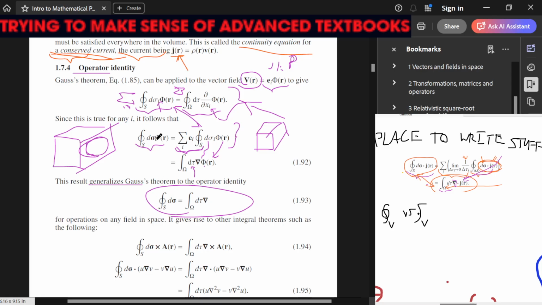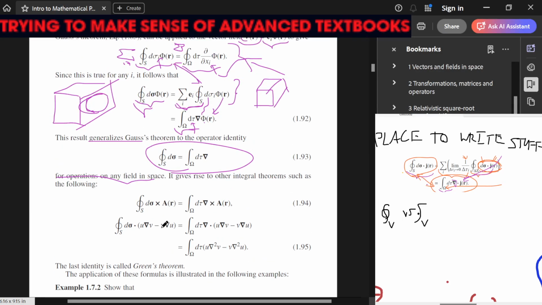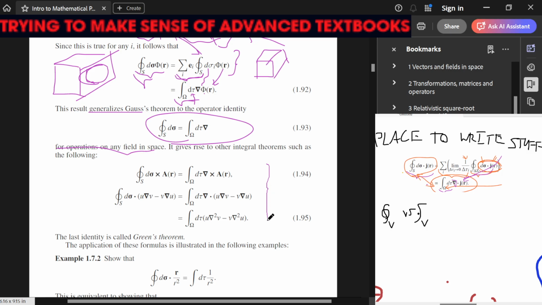So we started off with phi. We ended off with phi. This result generalizes Gauss's theorem to the upright identity for operations on any field in space. That's a big claim. It gives rise to other integral theorems such as